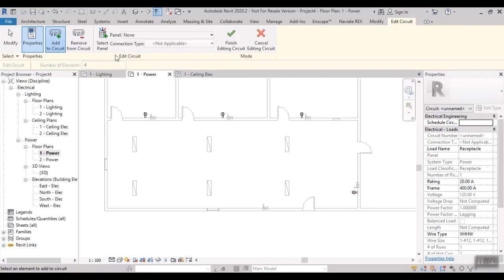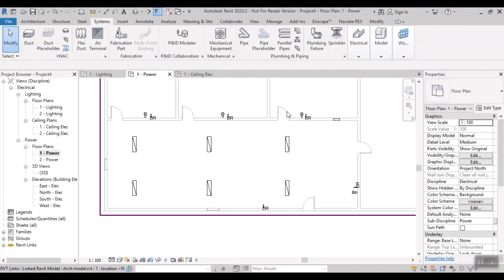We have to select the panel, use the select panel option, or else just drop down, it's showing that name. See, that's why I'm saying, for example, if I'm placing the same name, maybe 20 or 10, that time the confusion will happen, right? So that's why I'm changing the name for a panel. So PL1 is the correct name. So automatically it will be added, and give finish.